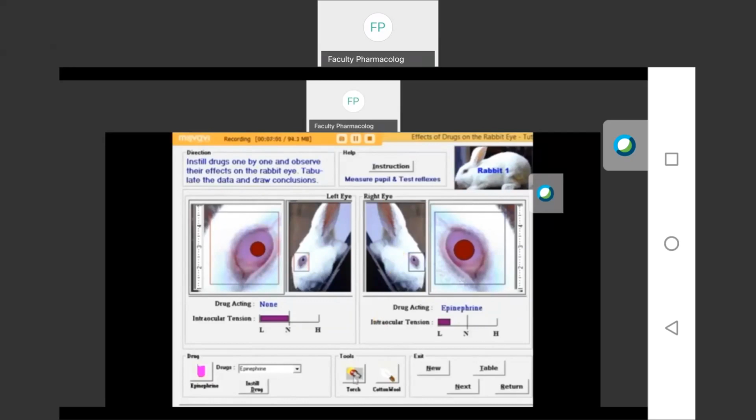Then go for the second drug. For that we have to take a new rabbit. So now we are going to change the drug. Every time we change the drug, we should take a new rabbit by clicking on the new button. We should not instill different drugs on the same rabbit.